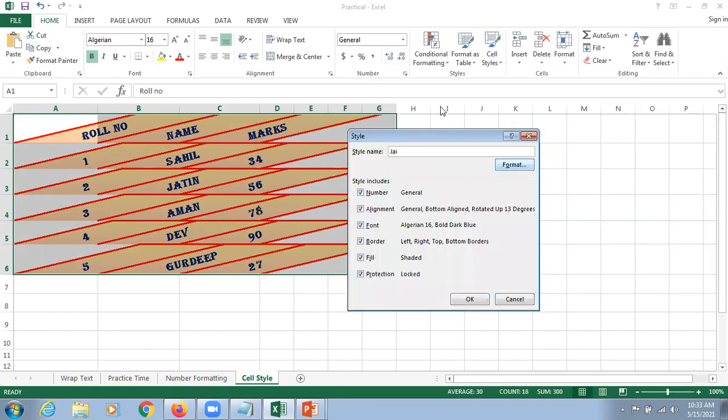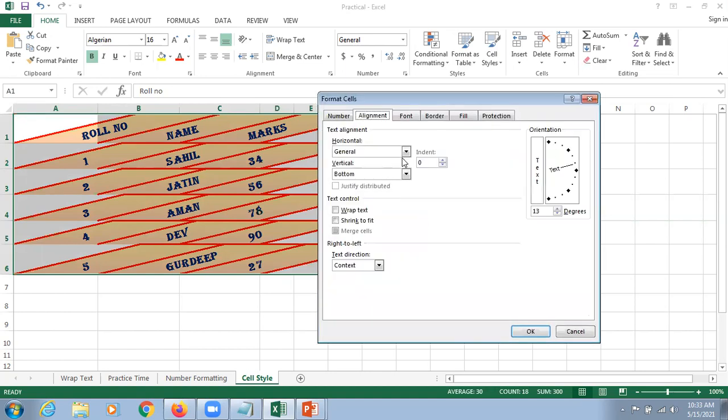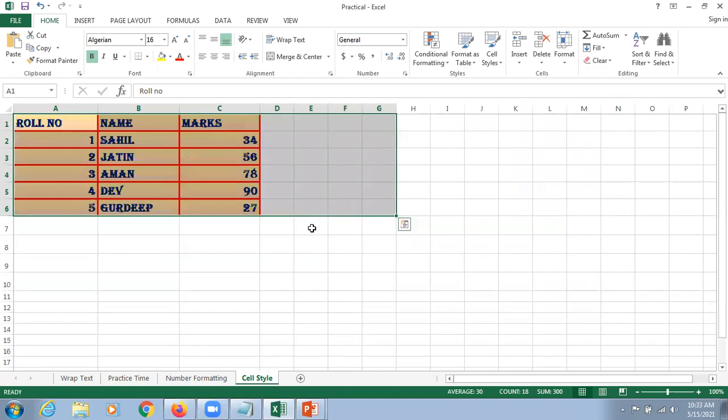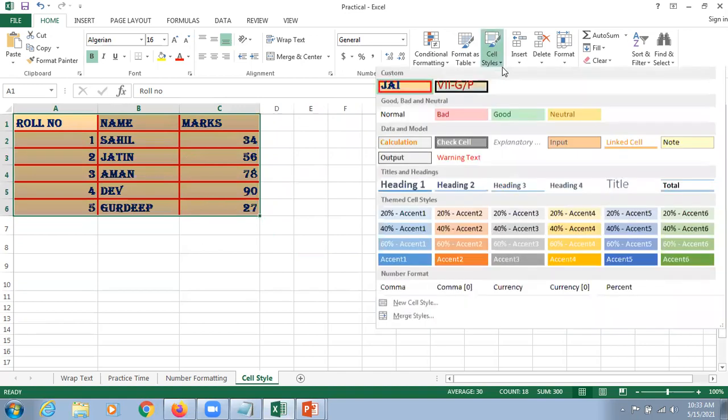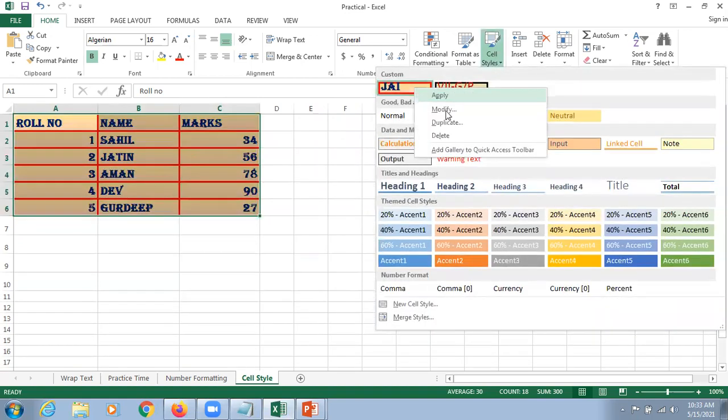So in that, if you think that the alignment is not looking very good here, that the text is moving all the time, we can just make it a straighter one here, or if you don't want to do it from there, you can simply type 0 here and click on OK, and again click on OK. So what happened? Automatically the alignment which we used earlier is going to disappear.